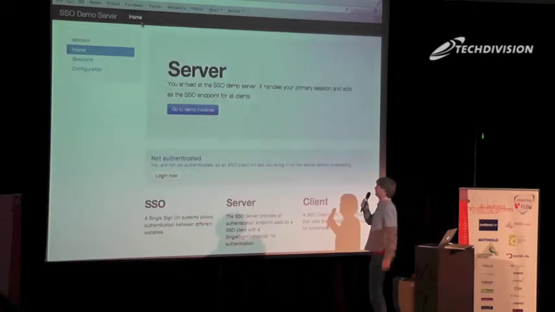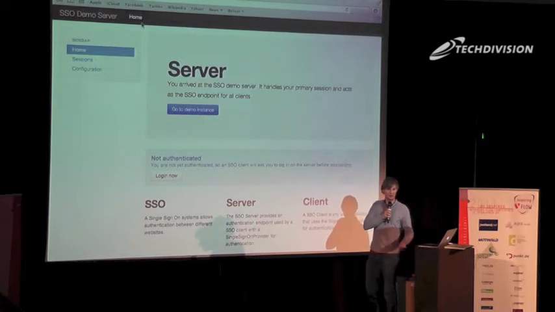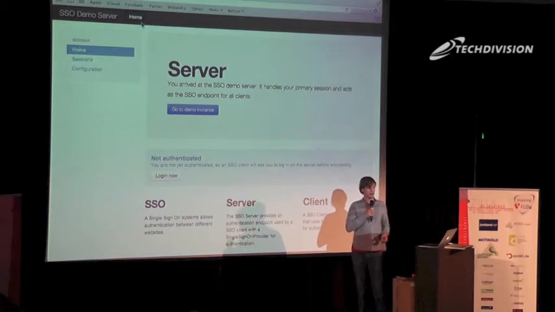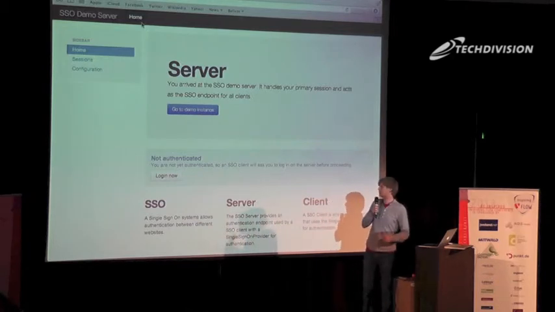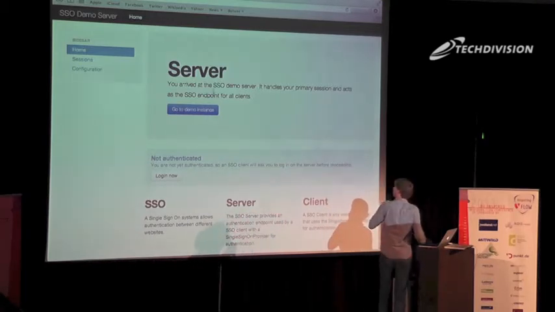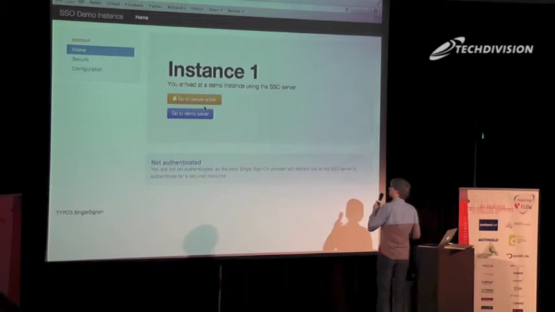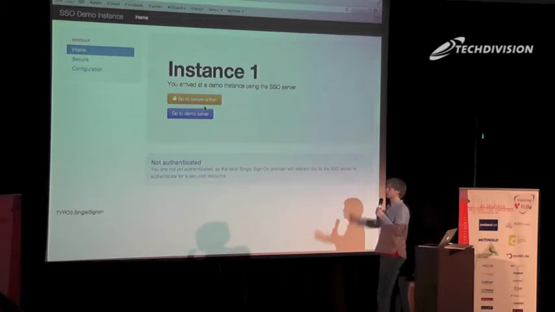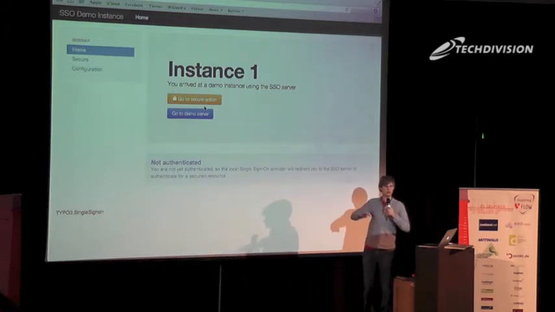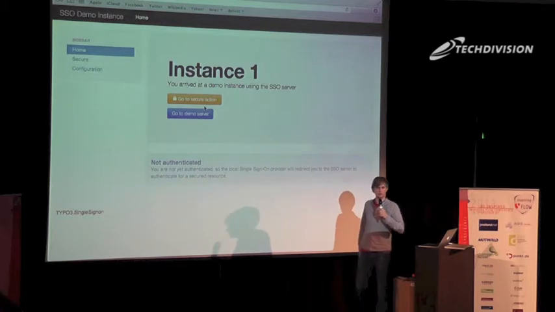So we have some demo packages already available, which have a simple setup with a user database and some commands to create dummy data. And this is the front end of the server demo. And to repeat the small round trip, we will go to the instance. This is a public site. So if you take the example of a shop system, this is just the front end of your shop,